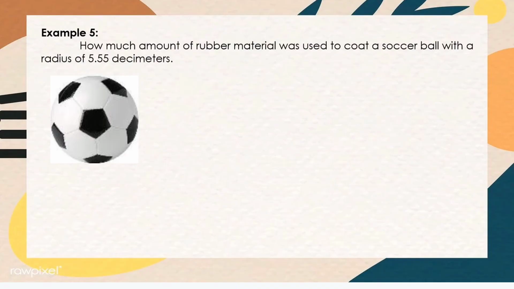Let's have example number 5. How much rubber material was used to coat a soccer ball with a radius of 5.55 decimeters? So again, let us apply